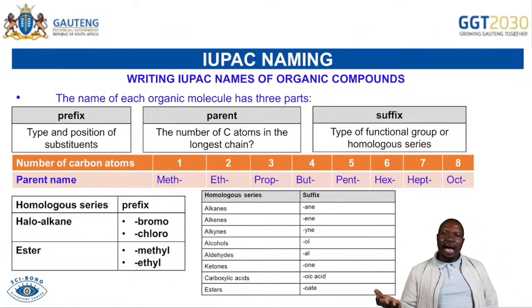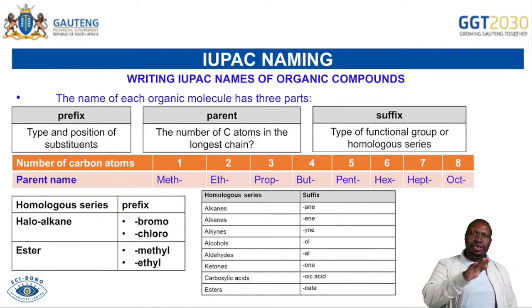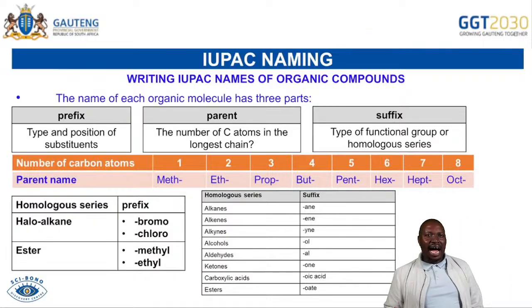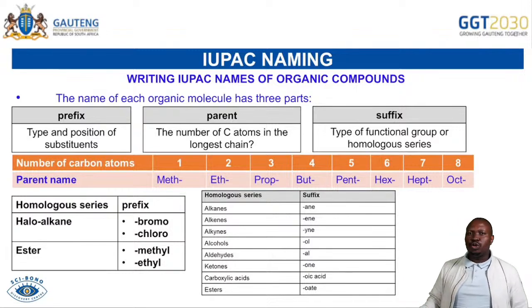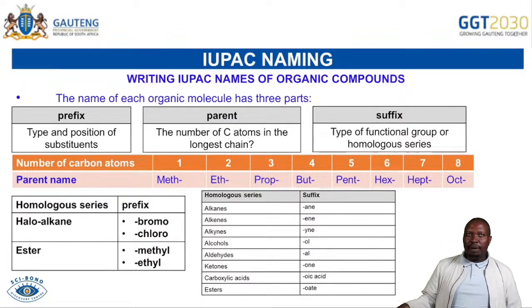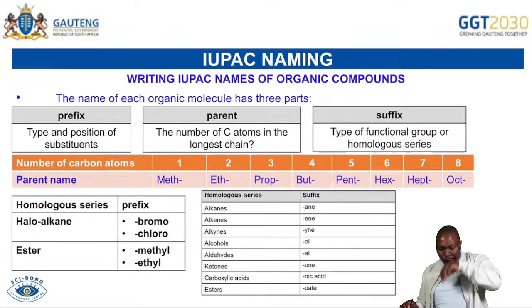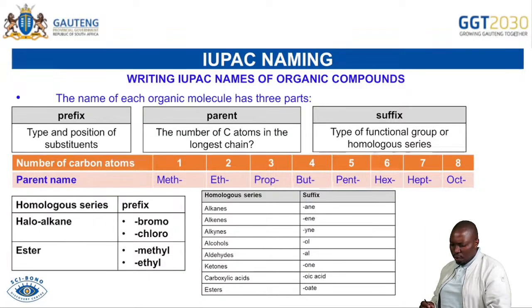The suffix is how the name ends. The parent is the longest carbon chain, and the prefixes are what we refer to as substituents. We're going to talk about these substituents. I want you to have a thorough understanding here. Now, what are we saying? We are saying, for example,